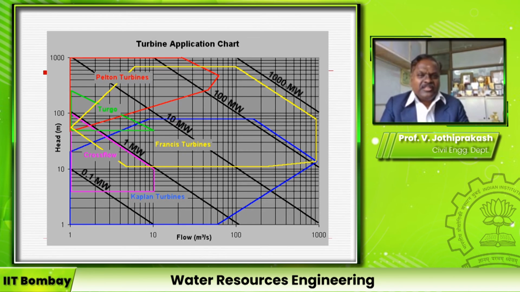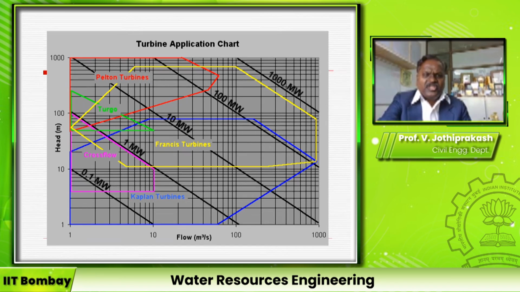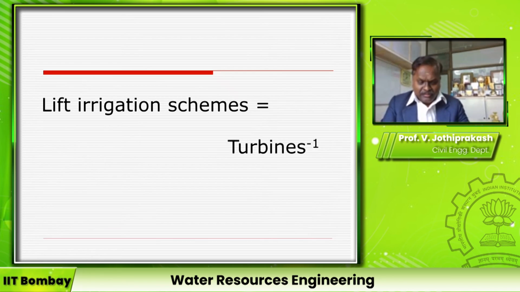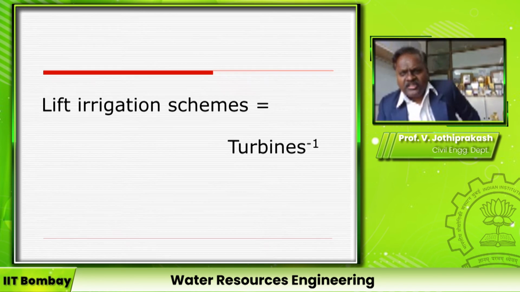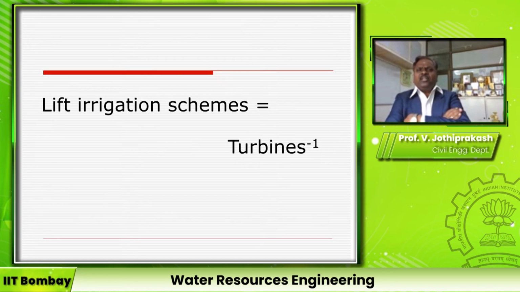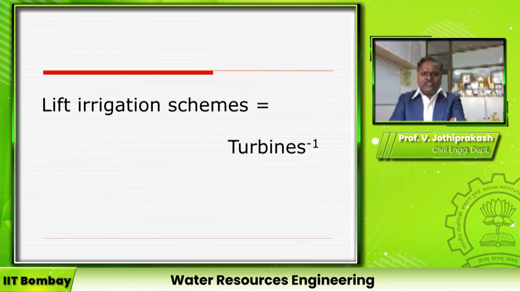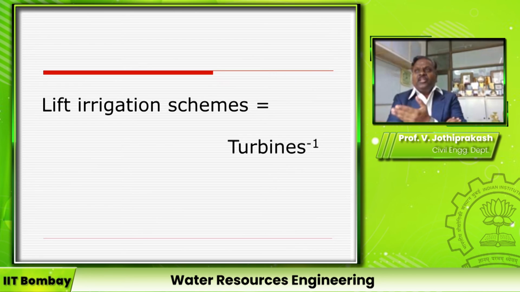This is a relationship between the discharge and head directly. You can select either a Kaplan turbine, Francis turbine or Pelton turbine. That depends upon your two hydraulic parameters, discharge and head. Right? But nowadays, rather than construction of large hydroelectric power plants, the water which is flowing on the downstream side of the dams is lifted to irrigate at a higher level. It is like construction of an inverse of the turbine.